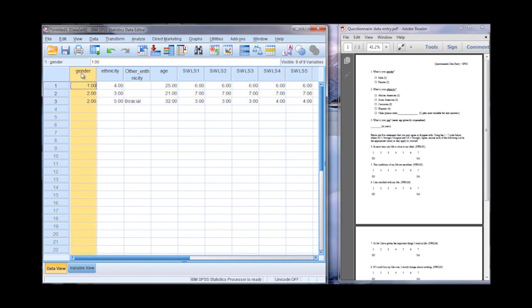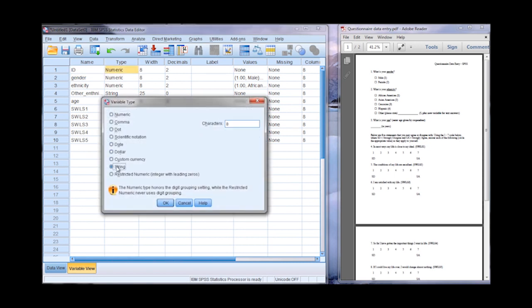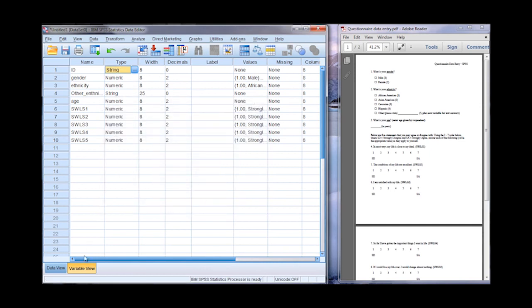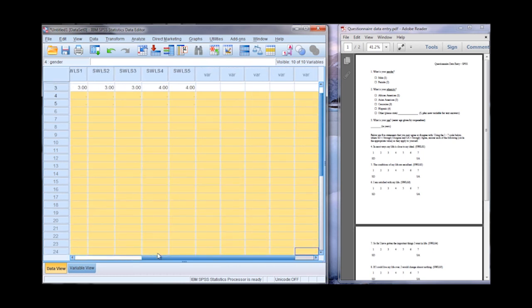So let's go right here, click on gender, and then right click the mouse button and then select insert variable, and notice how that put it right before gender. It's just what we want, so that's perfect. We'll call this ID, and then under type we're going to select string, click OK, and then let's go ahead and go to data view, and notice how that's once again to the left of gender, and then we'll type 001 for the first person, 002 for the second, 003, and we could just do that all the way down as we had more people or what have you.